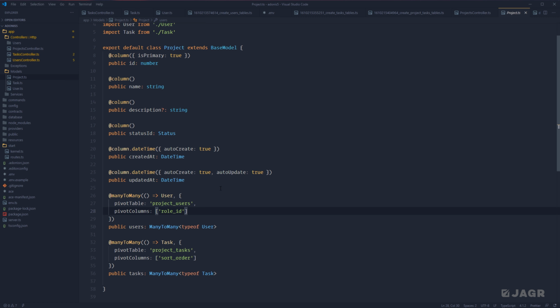However, I've since found out that is incorrect, and indeed the default for Adonis is to have these singular. So by default, it would be searching for project user and project task. Those would be the tables that it would look for by default for the pivot table. Now, since that's not the case, we need to manually define these pivot tables